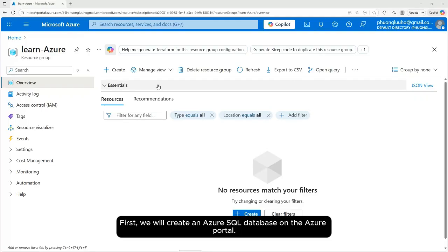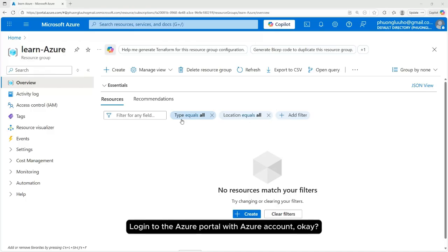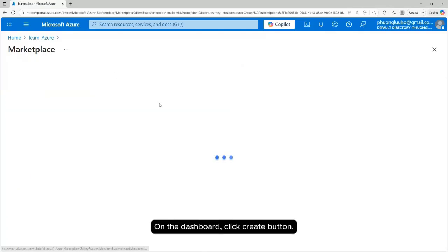First, we will create an Azure SQL database on the Azure portal. Log into the Azure portal with your Azure account. Okay? On the dashboard, click the Create button.